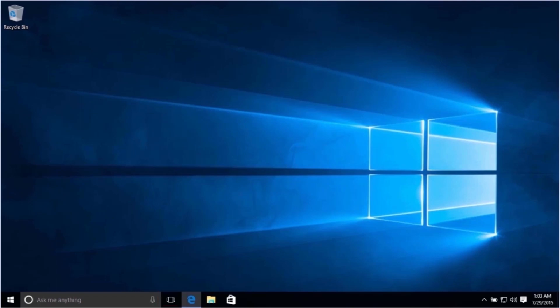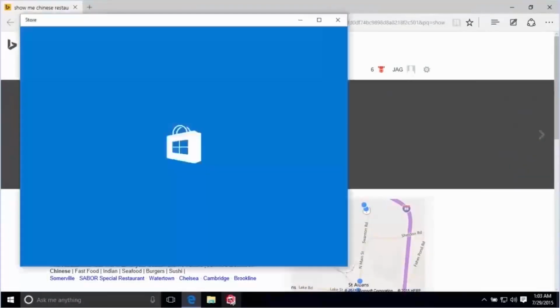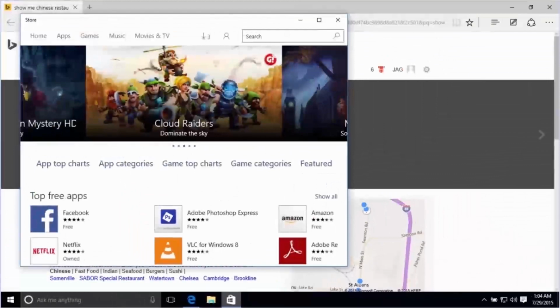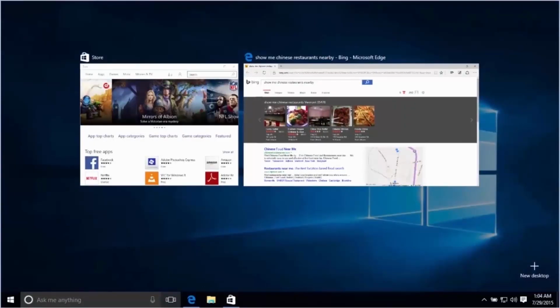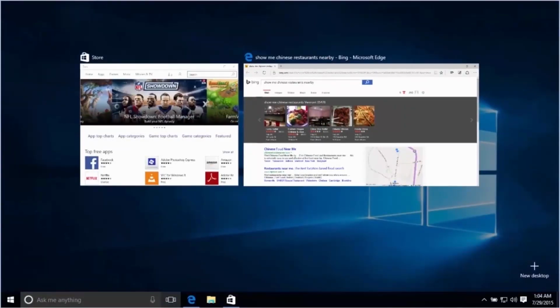So that we're able to see the difference in desktops, let's make sure that several apps are open. We can tell that the apps are open by the blue line underneath them. The File Explorer app is pinned to the taskbar, but it is not running. Select the TaskView button. The two open apps are displayed side by side to easily determine what is happening on this desktop.